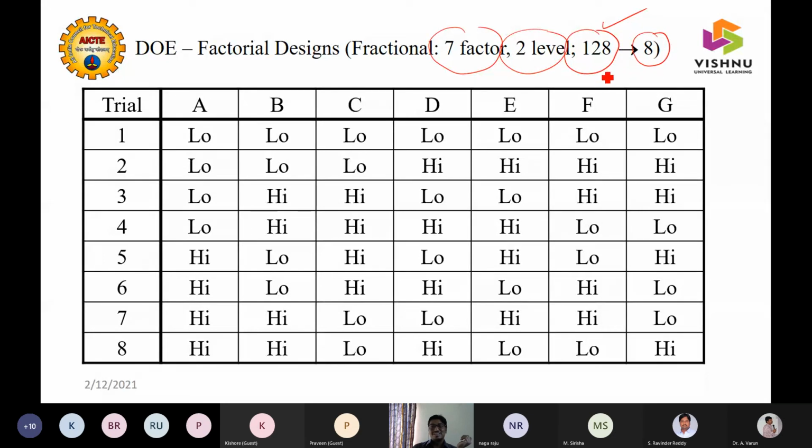Okay, so how much reduction is there? 128 to 8. So you can imagine, instead of doing 128 experiments, you are doing it with only 8 experiments. But the reliability also will be a factor, but still, this is just an example. And it generally goes with the red zone.